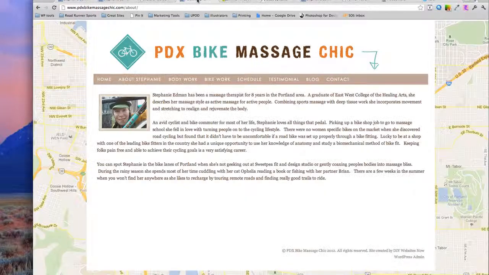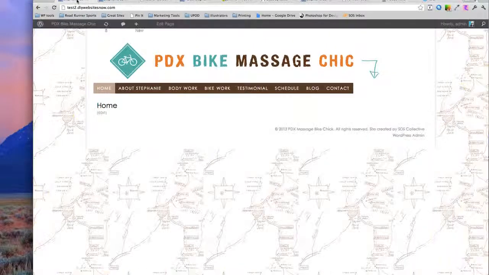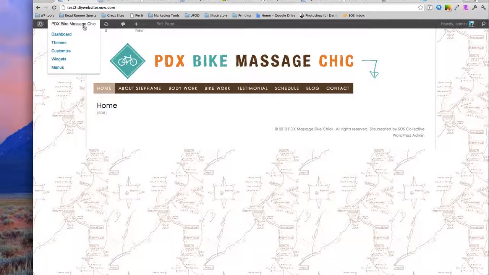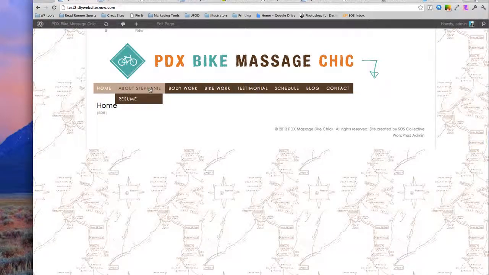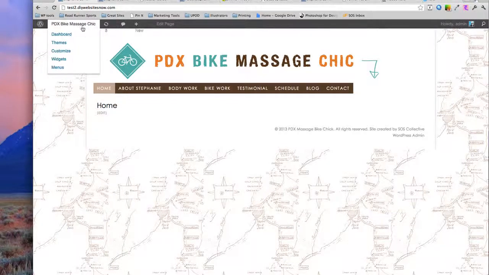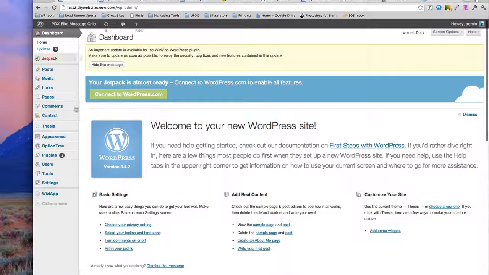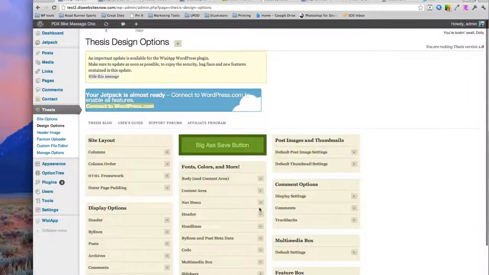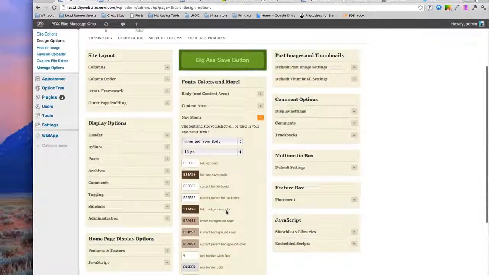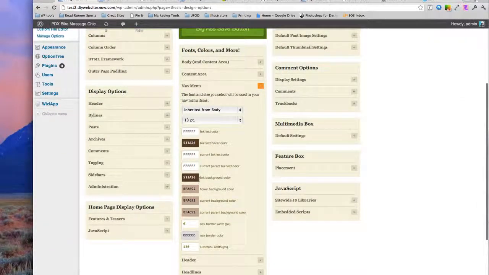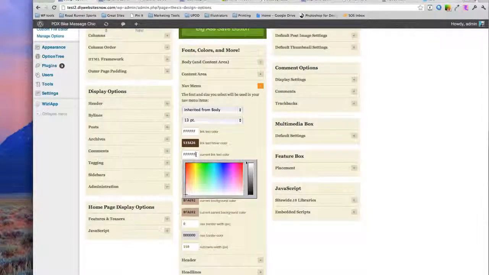But remember, we're trying to get to this. So we're like, okay, wait a second. What do we need to do still? So I've done the reverse actually on the colors you can see here. We can actually reverse that out if we wanted. And then within that, there's a lot of things. Like if you want the text to be white and then change brown, all of those options you can just play around with. And that's what's neat about Thesis is you have that opportunity to just play and try different things. So in your navigation menu, you can be like, well, I want the hover background to actually be this color, brown, and then I want the text to be, you know, the current link, or why don't we make the